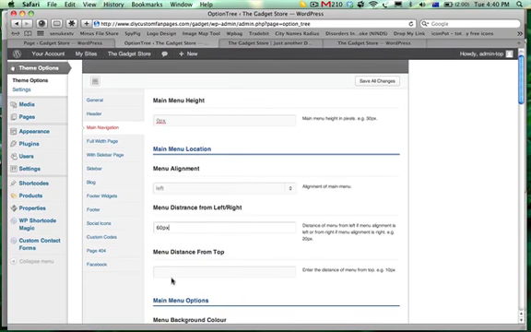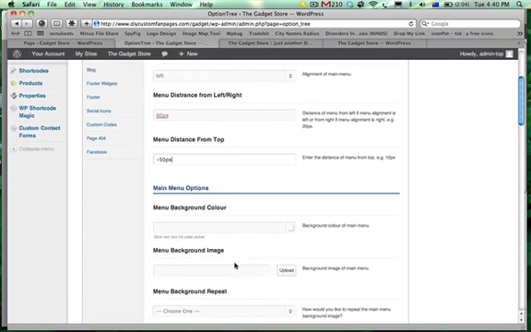And the menu distance is relative to the actual menu, which by default has the header, and then underneath that is a menu. Because we don't actually have the menu, it's going to be part of the header background, I just set that to -50 pixels, so